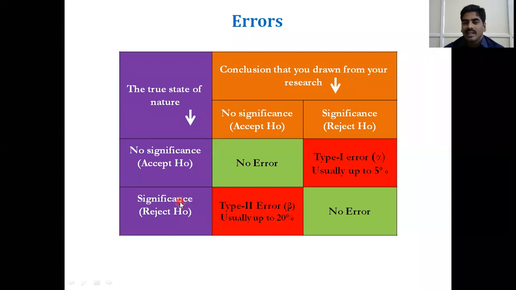See here, till now we don't know the difference between two groups. Till now we are thinking that the difference between the two groups is not statistically significant. You wanted to prove significance, but you did not prove it, while naturally significance exists. Naturally, significance is there, but you proved not significant. This is also an error. We have to reduce these errors.